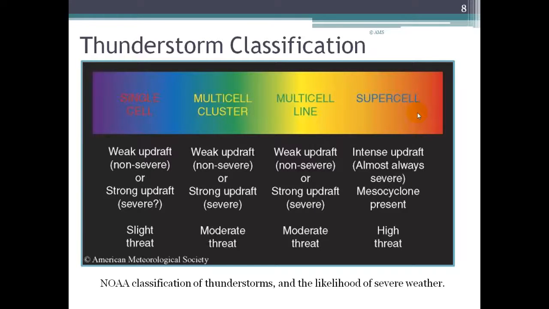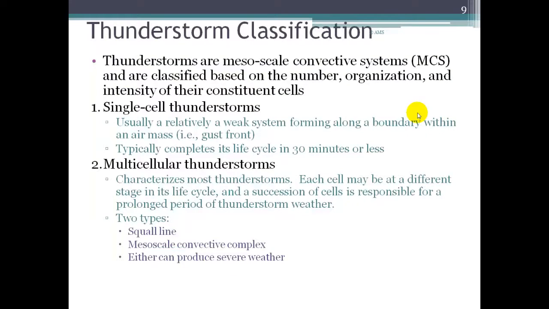So let's stop this first portion of the lecture here, and we'll talk about thunderstorm classification